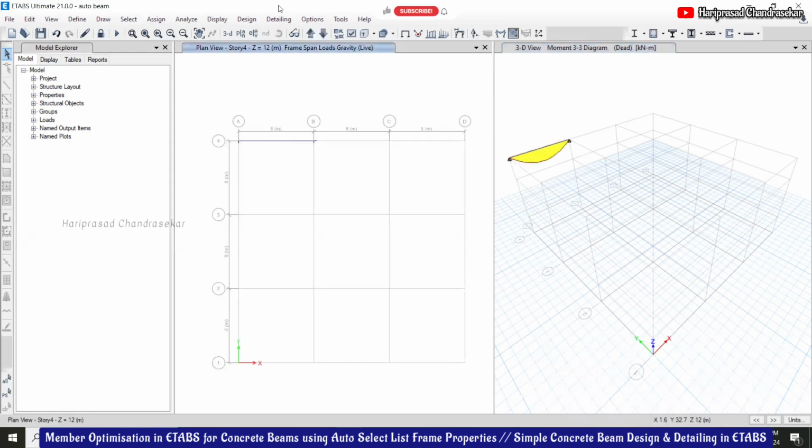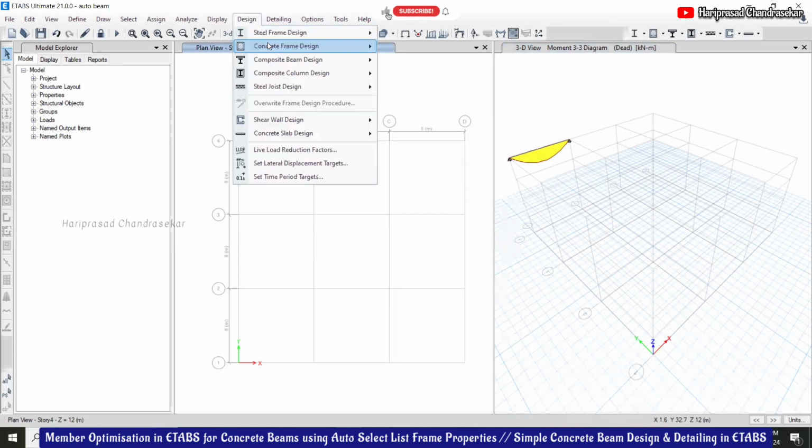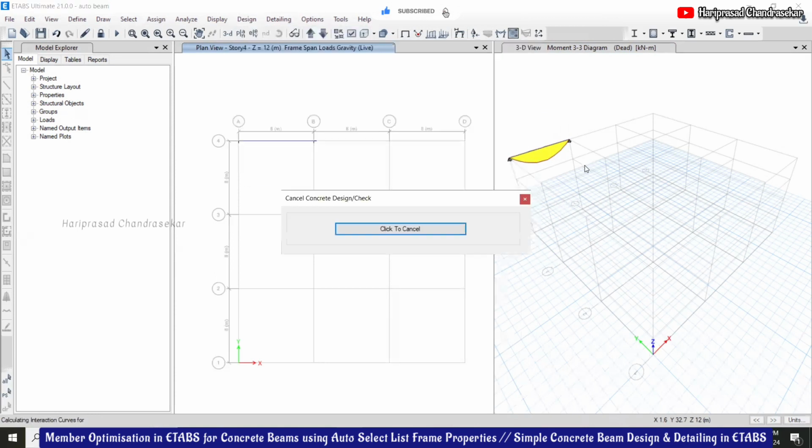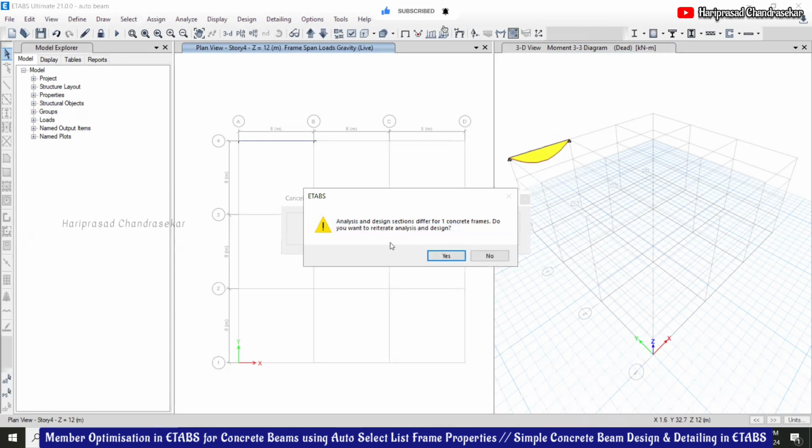Now what we can do is go for design, concrete frame design. I told you how to do this. Now directly I'm going for start design check. The analysis and design sections differ for one concrete frame. See, it is getting differed. Do you want to reiterate? Yes.